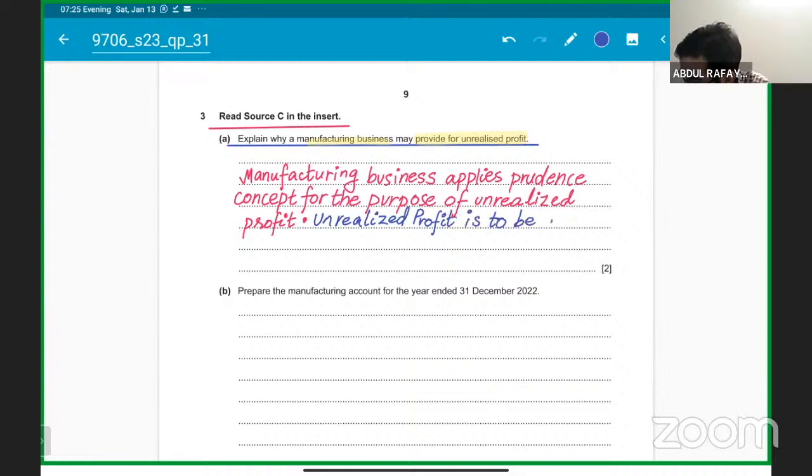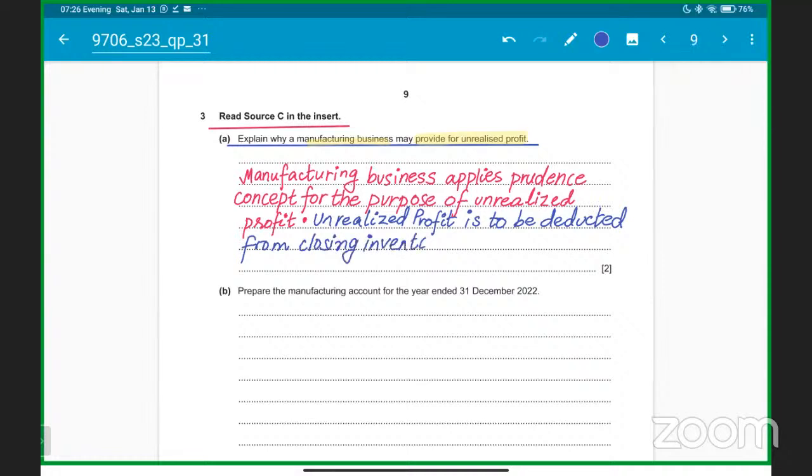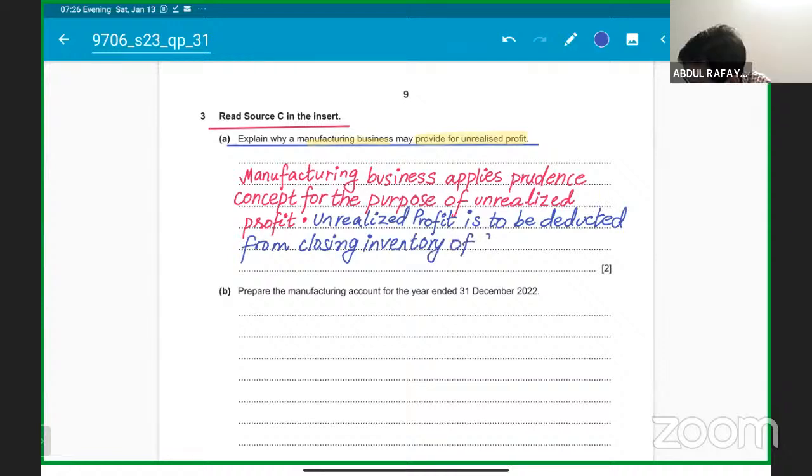Unrealized profit, 2 good points you have to write down. Unrealized profit is to be deducted from the factory profit, okay? Unrealized profit is to be deducted from the closing inventory at cost. Are you guys getting it? From the closing inventory of the finished goods, transfer value as well, ओके, जो ट्रांसफर वैल्यू होती है,